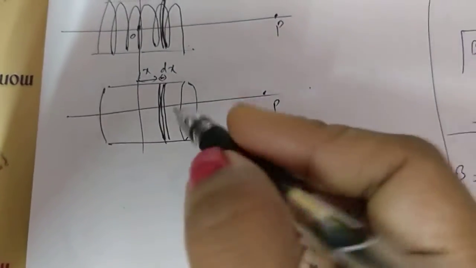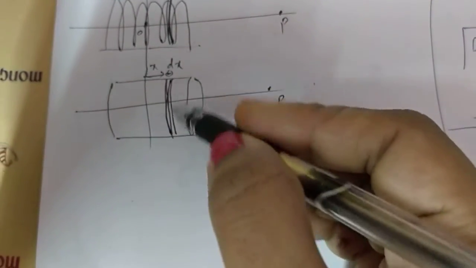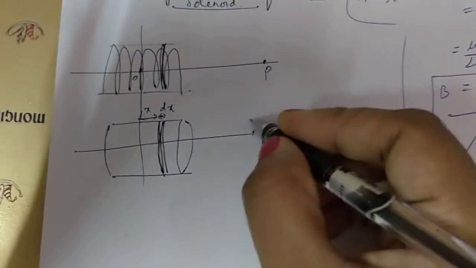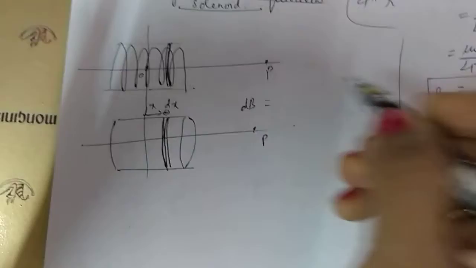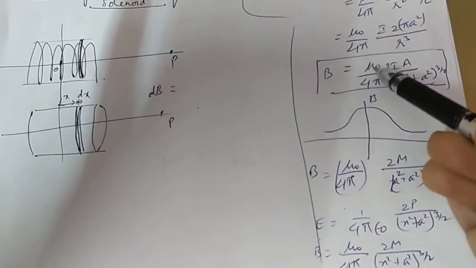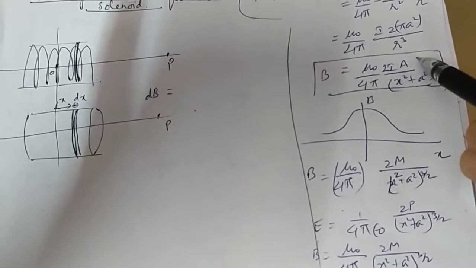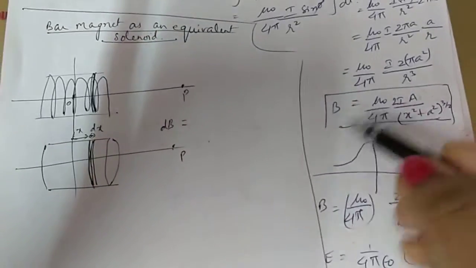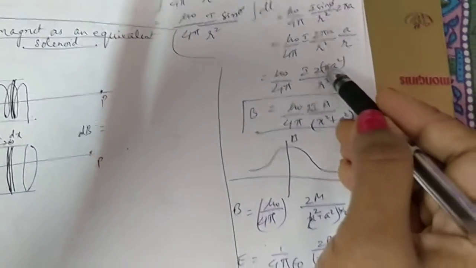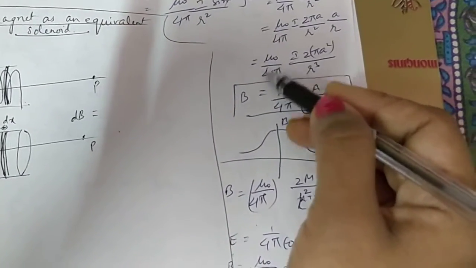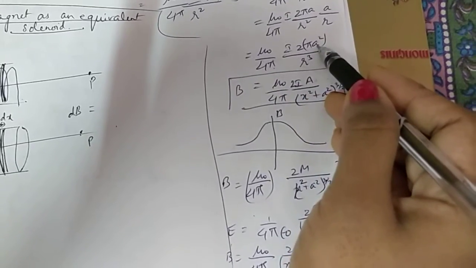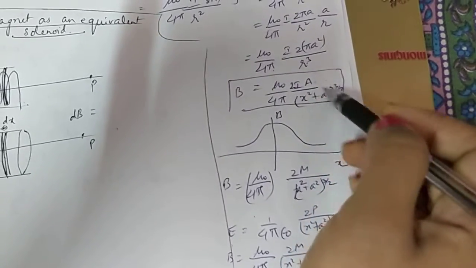Okay, so the magnetic field due to this small section, what will be the magnetic field at this point P? There will be a small magnetic field, so I have to write dB, which is equal to, I can use this formula due to a circular coil, but here the number of turns will also be multiplied. You just need to write this, in fact 2 pi I can cancel, and here only 2 will be left. So mu naught by 2 I a square by r cube. r cube is x cube by a cube.